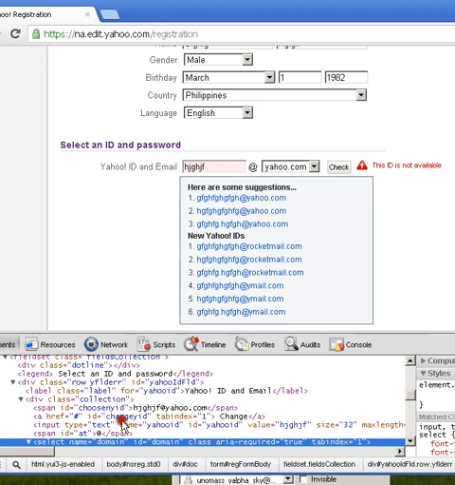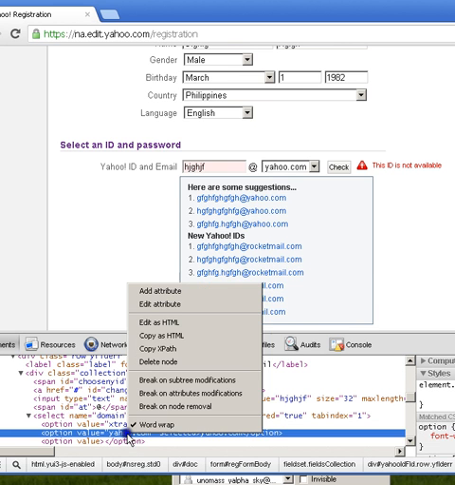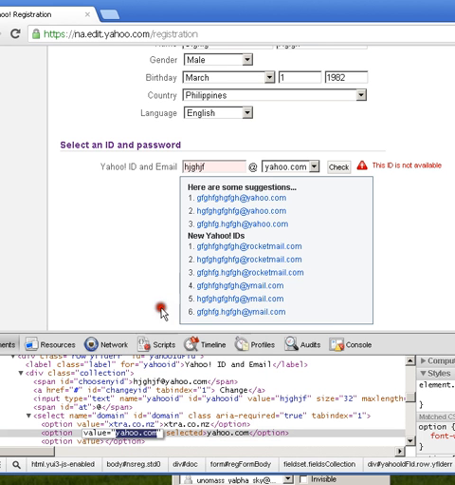Let's go. Bring it down. Then scroll down. Then edit yahoo.com. You don't have to edit extra. That's yahoo.nz. You will get some error. So you must edit this yahoo.com thing, and right click, then edit attribute, then yeah, you do your things.